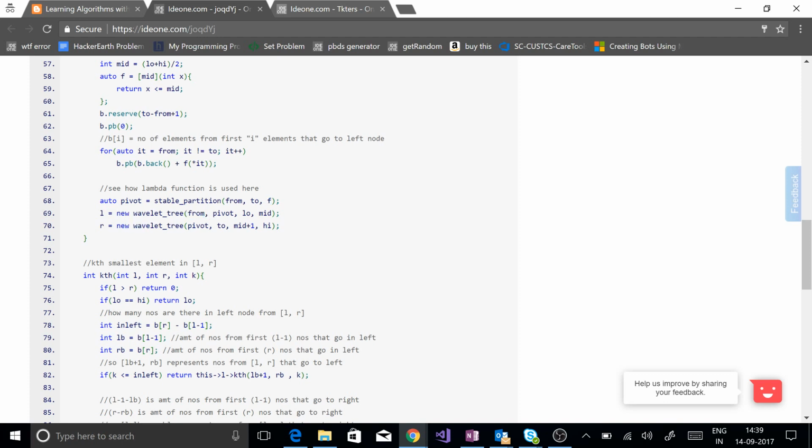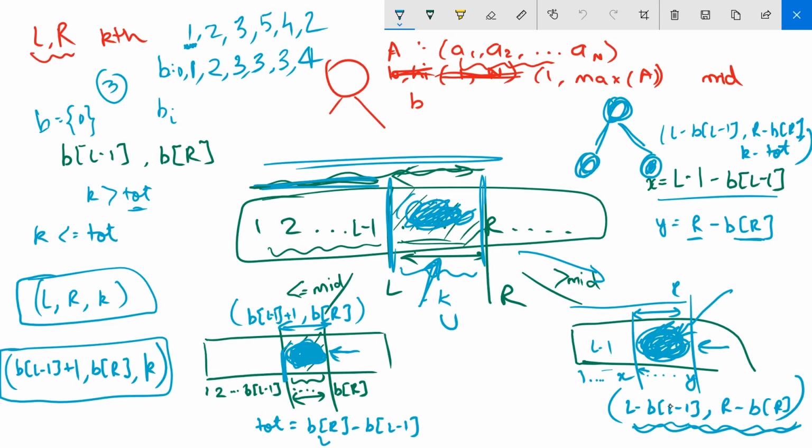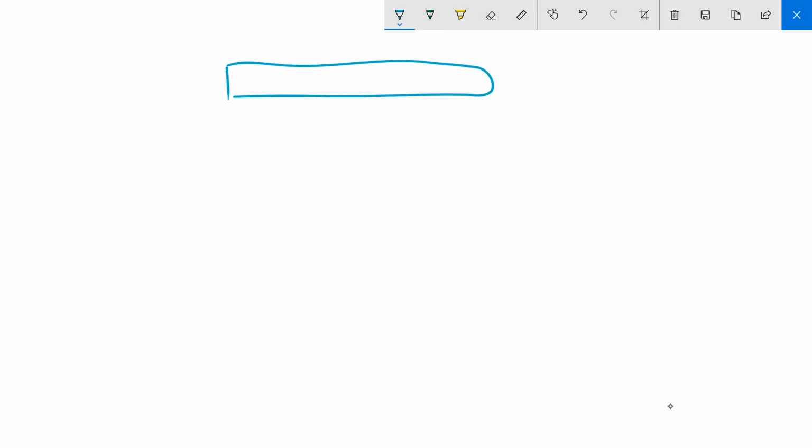So for the left subtree, we have to consider that this also returns the index or the pointer at which the partitioning is happening. So this is similar to the quicksort thing, right? So what is happening over here is you have your array A. There is some mid value, right? And you have to partition your array, right? I told you this is all less than or equal to mid and greater than mid. So that stable partitioning thing is doing that only.